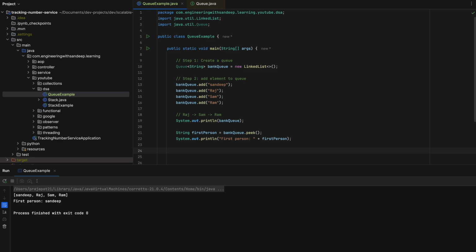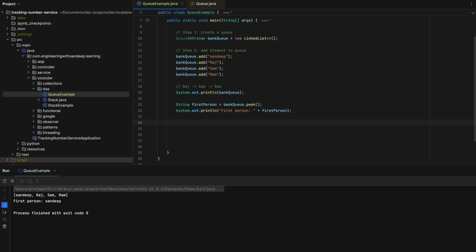Then let's explore another method. Let's say we want to remove. So now the person named Sandeep, who is first in the queue, has been served. Now we'll have to first remove that person, right? So that the next person's number comes. So what we can do for that purpose is, we will say